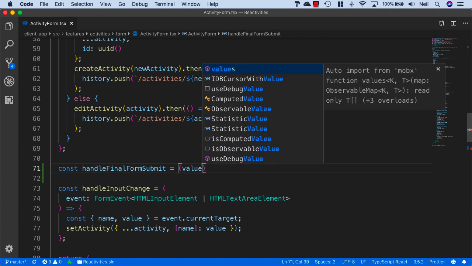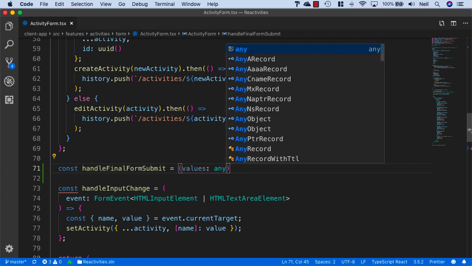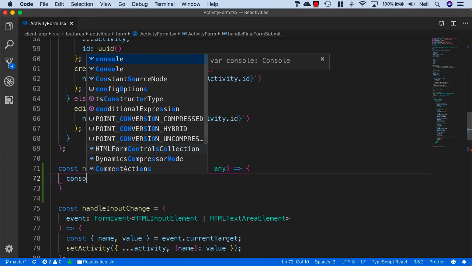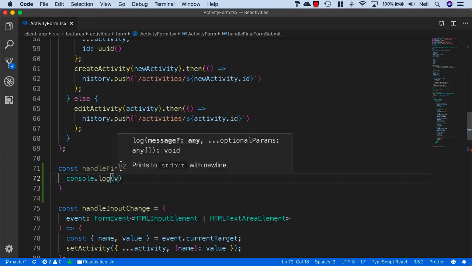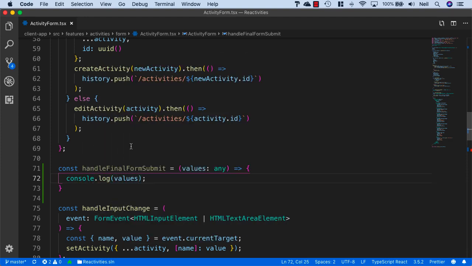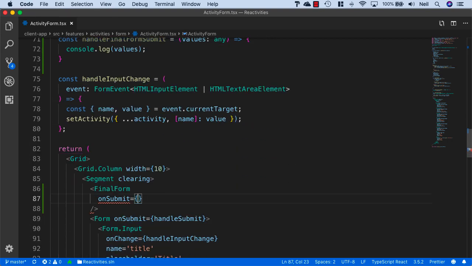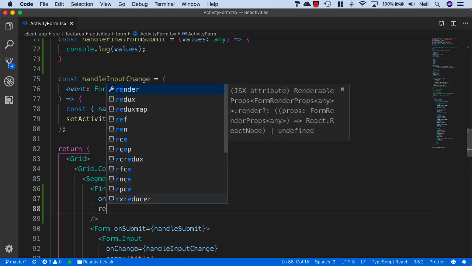And this receives the values from the form, and this will just be an any property, or a type of any. And we'll just console.log what we get in the values when we submit the form. So in the onSubmit, we'll need to give this the handleFinalFormSubmits, and then we need to pass in a render prop and give it our actual form. So we'll use render